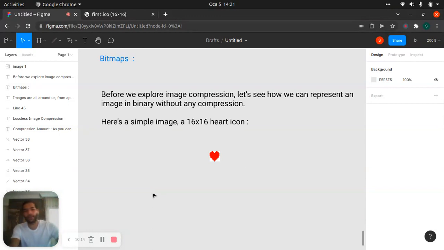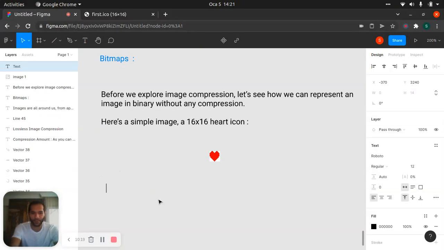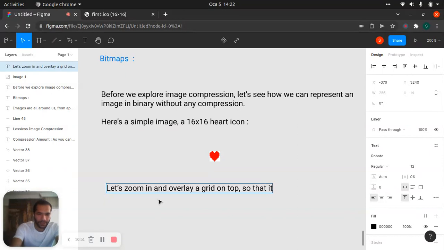Let's join me for this point. Yes, tag pencil again. And say, let's zoom in an overlay grid on top, so that it is easy to see